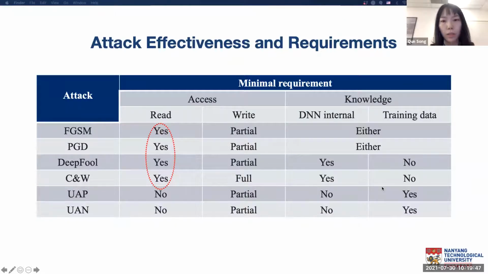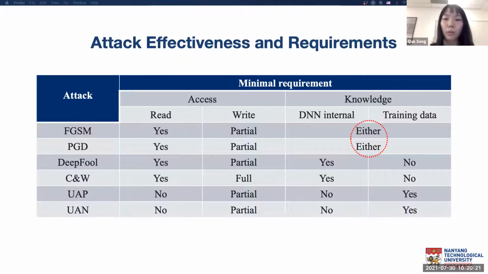From the table, we can see that all the input-specific attacks require read access to the original clean bus voltage trajectories to conduct the attack, while the universal attacks do not have this requirement. And all the attacks can be effective when only tampering with part of the bus voltage trajectories, except for the CNW attack. In terms of the knowledge needed for the attack construction, the FGSM and PGD attacks only require DNN's